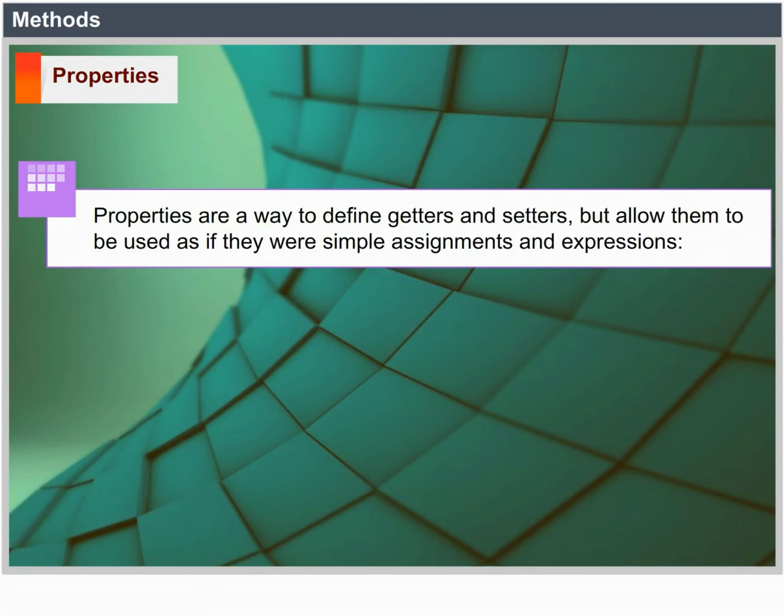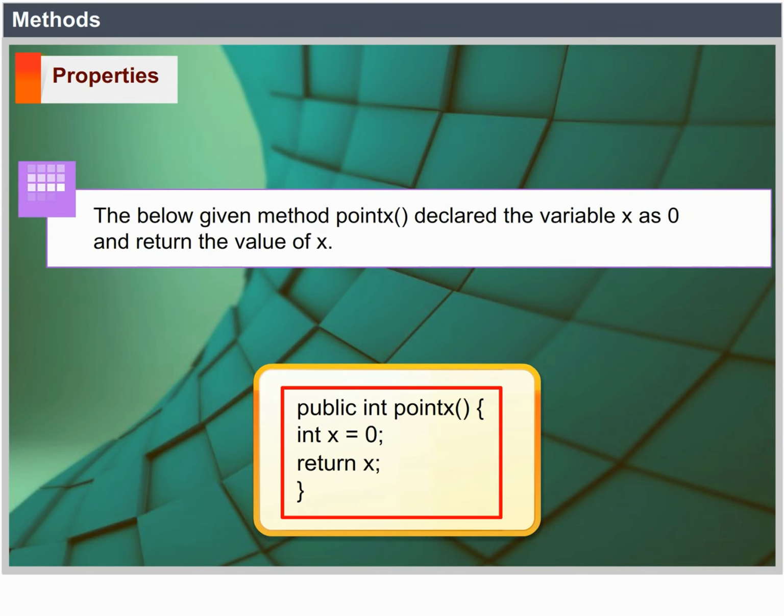Properties. Properties are a way to define getters and setters but allow them to be used as if they were simple assignments and expressions. The below given method pointX declared the variable x as 0 and returned the value of x. public int pointX() { int x = 0; return x; }